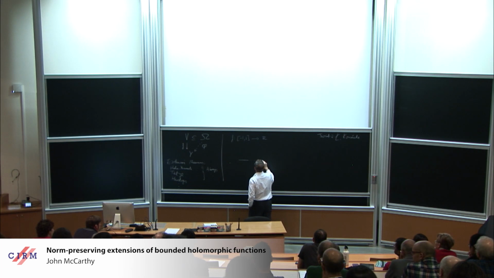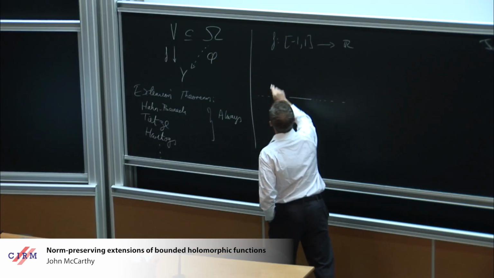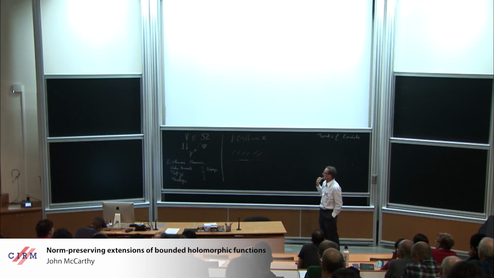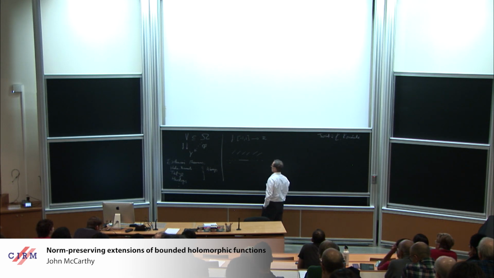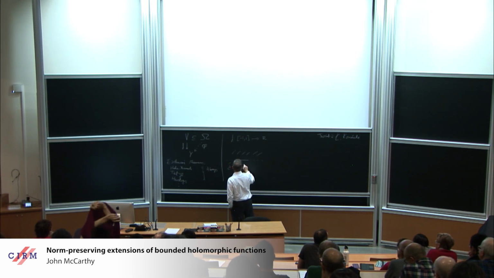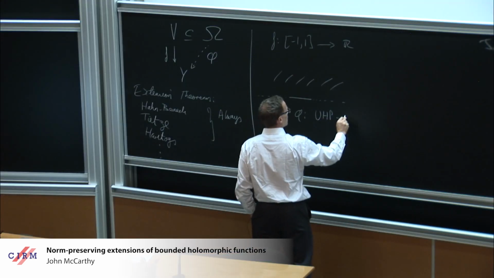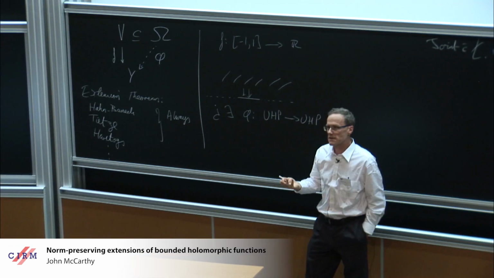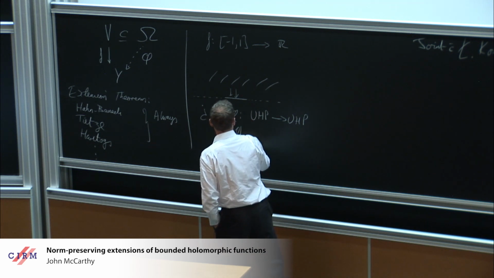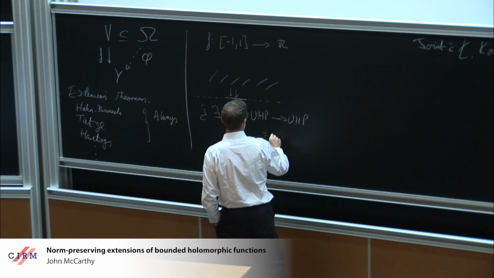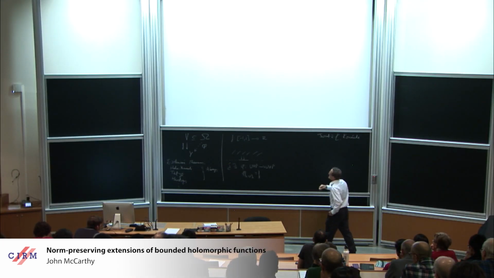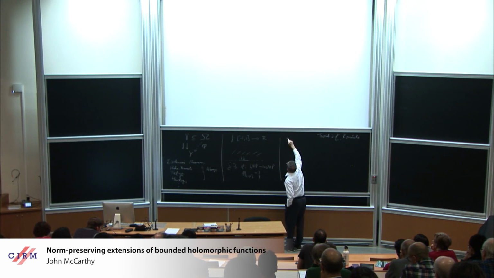So I think of this as being in the complex plane. Can I extend the function to the upper half plane so that it's holomorphic and maps the upper half plane to itself? So the question is, does there exist phi from the upper half plane to the upper half plane that extends f in the obvious sense that if I take vertical limits, I recover f? So then by reflection, it really extends to the lower half plane as well, everywhere except this slit. So what was Nevanlinna's answer to this?